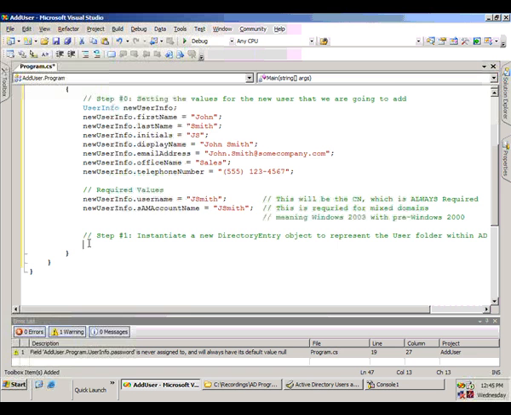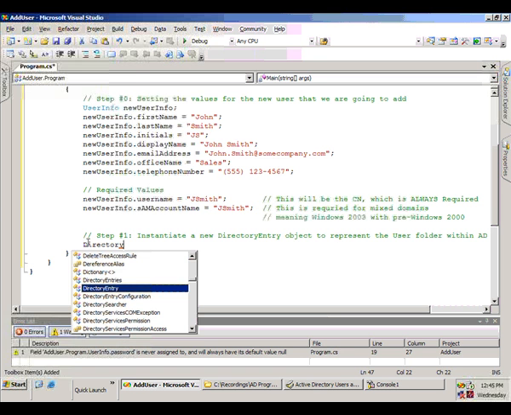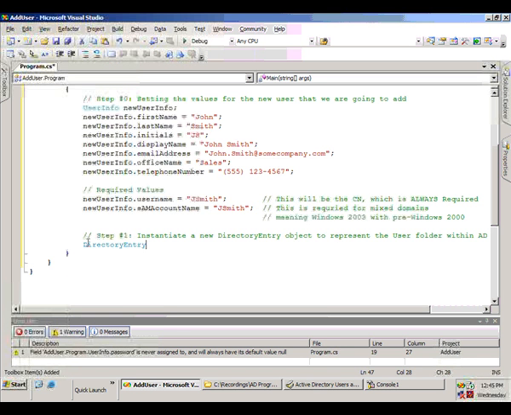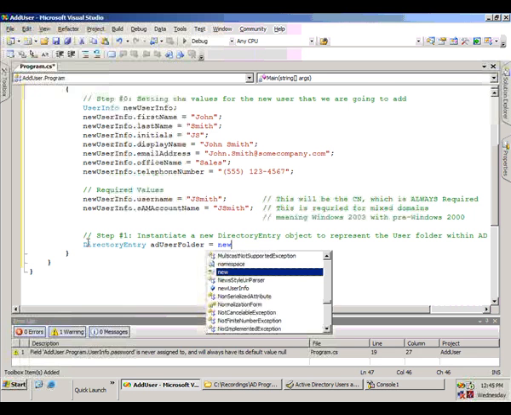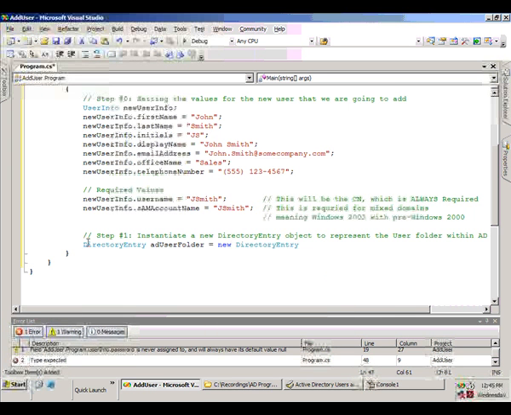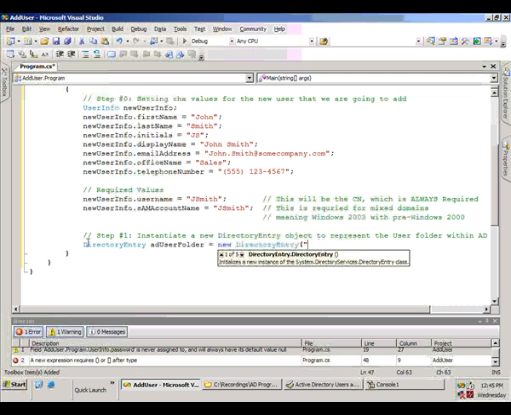Alright, so your required values may differ for your Active Directory implementation. Alright, the next thing that I'm going to do here is create a directory entry object that will represent my user folder. So DirectoryEntry, name of your variable, equals new DirectoryEntry. Next thing you have to do is give it the path of the folder. In this case it's LDAP://